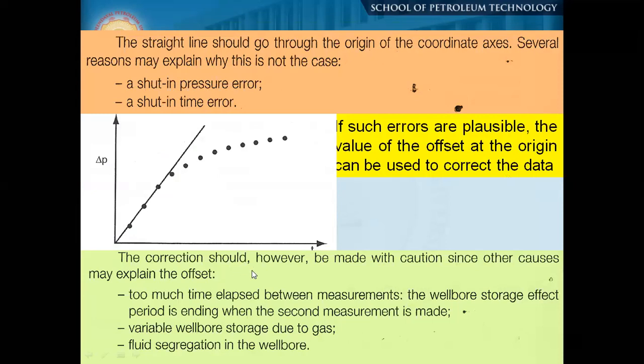The correction should however be made with caution, since other causes may explain the offsets: too much time elapsed between the measurement, the wellbore storage effect period ending and the second measurement being made; variable wellbore storage due to gas, because gas is compressible and does not give linear values; fluid segregation in the wellbore. So generally, if your data is very correct,